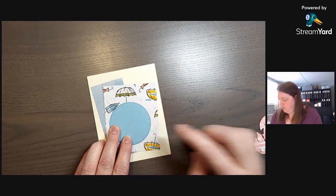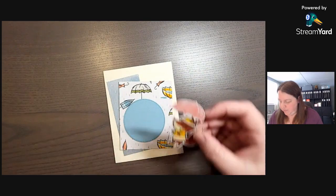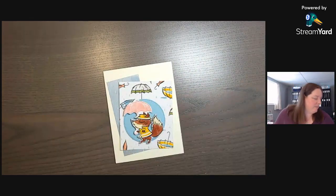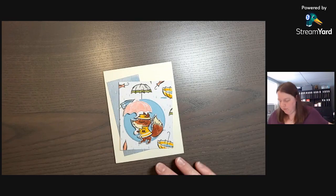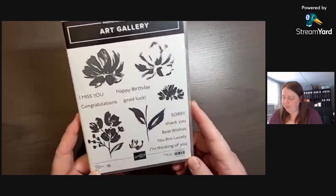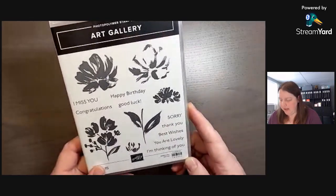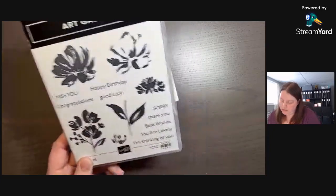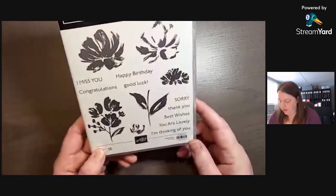font. Before I put my fox on, I didn't really plan out where my sentiment was going to go because that was silly. But we're going to use the Art Gallery stamp set, and I think I'm going to use it because it has this nice font, and I'm going to put on there,